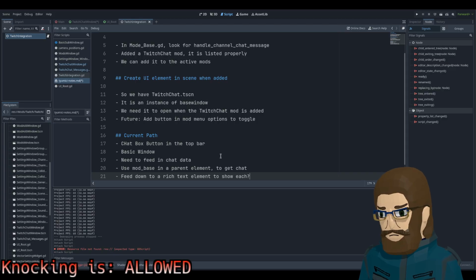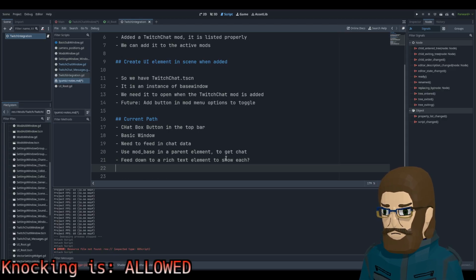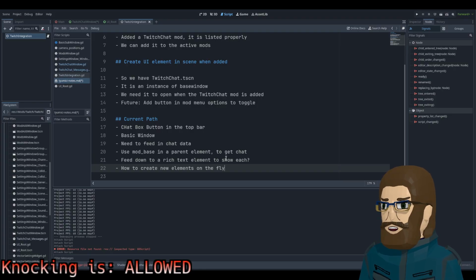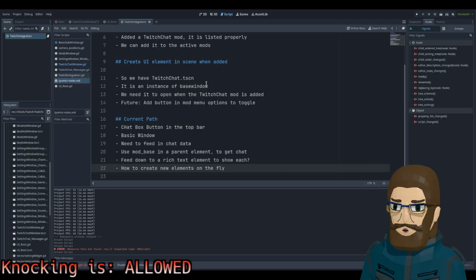But then the question becomes how to. I mean, there's probably a way to do this, obviously, but create new elements on the fly. It's like a spawn thing, but do you have to like inherit the control, or the extent thing is kind of tricky to me. On the fly.